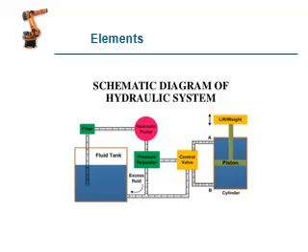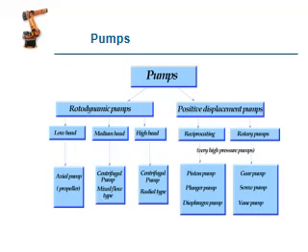Then the oil enters this control valve. This control valve directs the piston control. Okay, so this is a pump. We know the pump working principle and operations. The pump's objective is to move oil from a lower level to a higher level. The second objective is to increase the pressure from a lower level to a higher level.